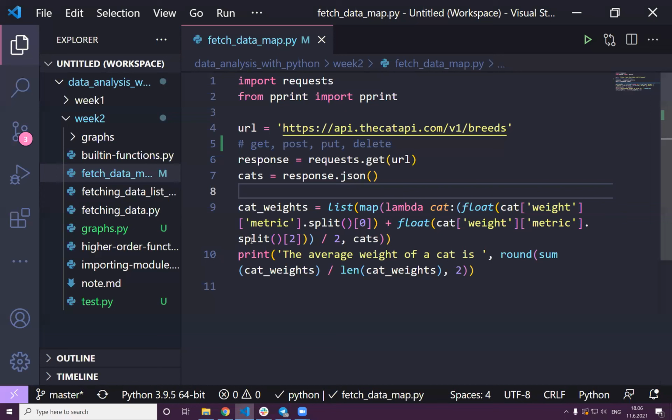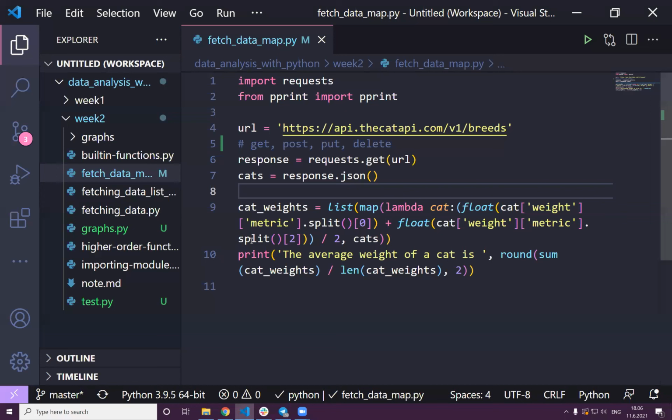Most people love cats, and we've been working with the cats API, and everybody now knows how to fetch data from APIs. We started with this lovely API, the cats API. It has about 67 cat breeds. If you scroll down, you may see somewhere around the bottom 66, because it starts from 0. Actually, how